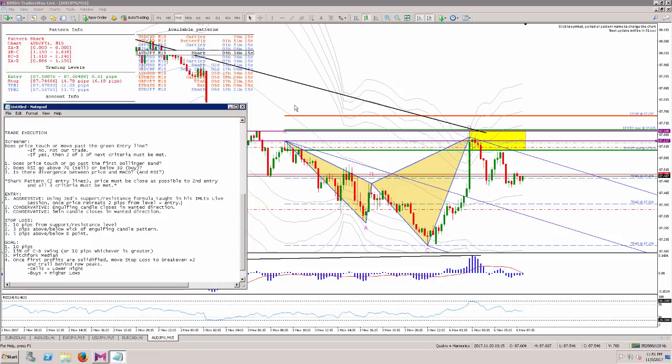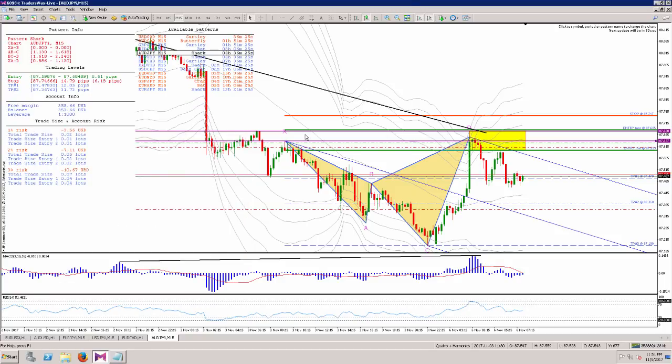So a short overview on the support and resistance formula is, you find support and resistance levels in that zone that you're looking at. I drew this purple line right here at this high point at X, and that was 1 point. I drew another one here. That was 1 point. The reason I drew this one here,